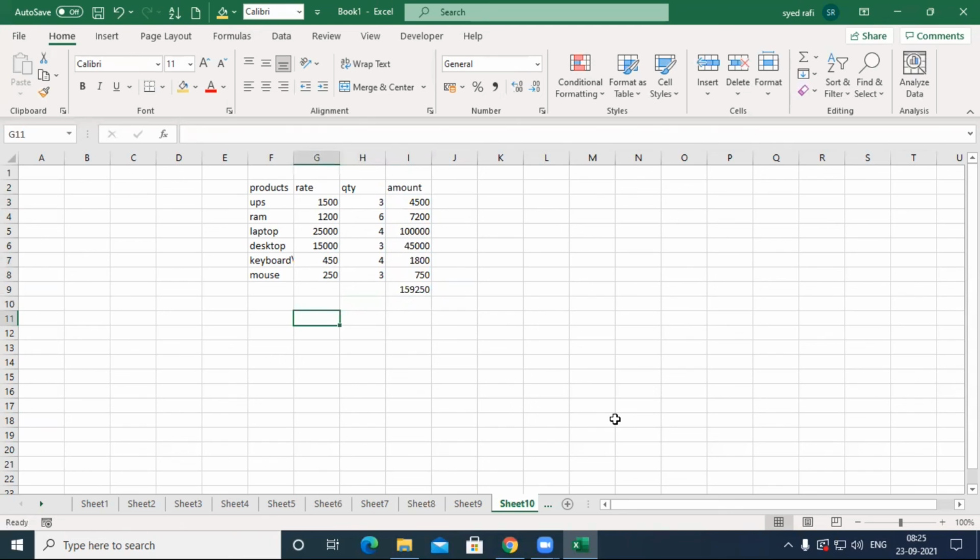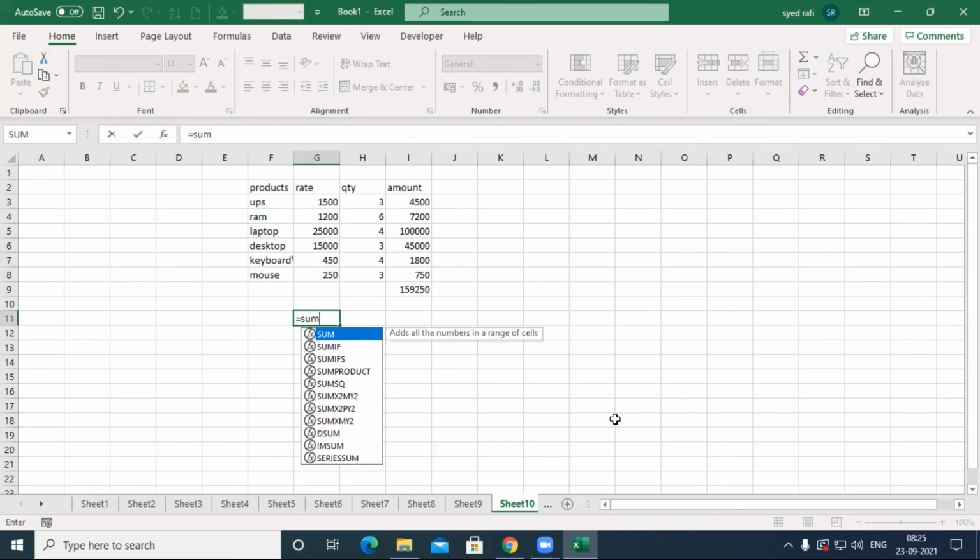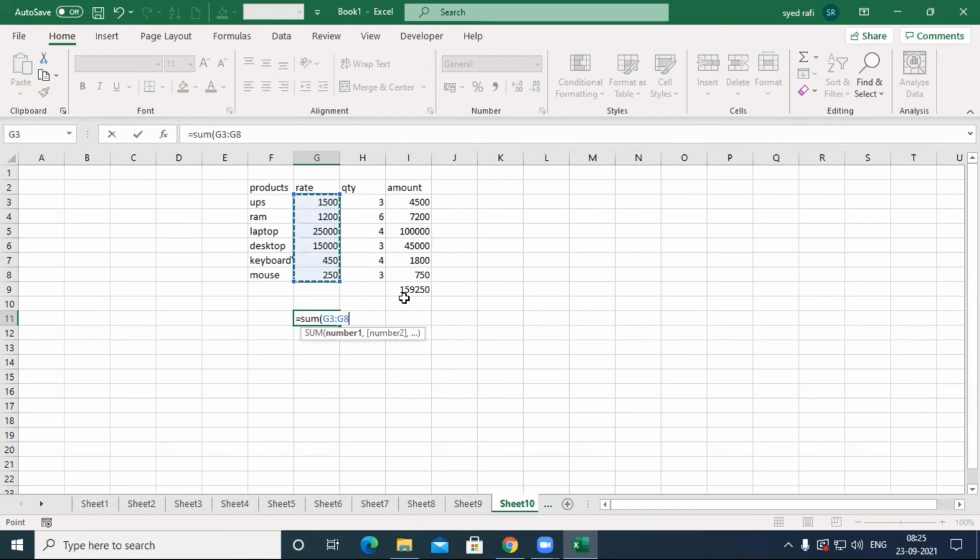Okay, instead of this, we do one thing. What do we do? Equal to SUM, and select this one, make a star, select this one, and press Control Shift Enter.